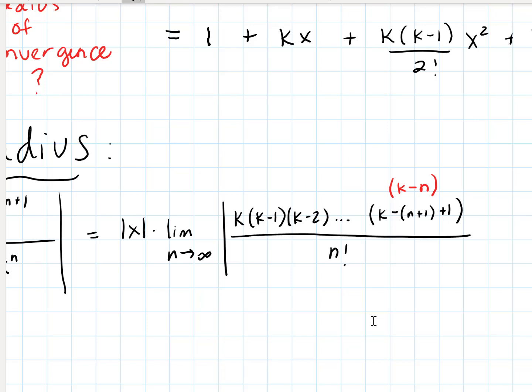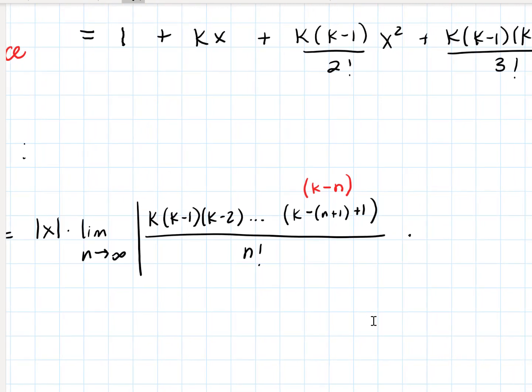I was looking ahead. And then on the other side, we have n factorial and then k times k minus 1, k minus 2 out to k minus n plus 1